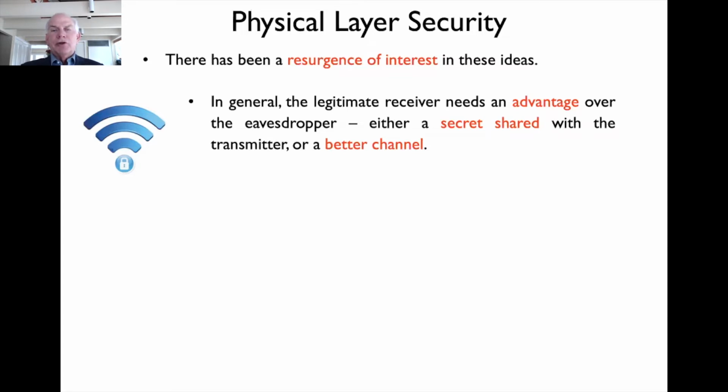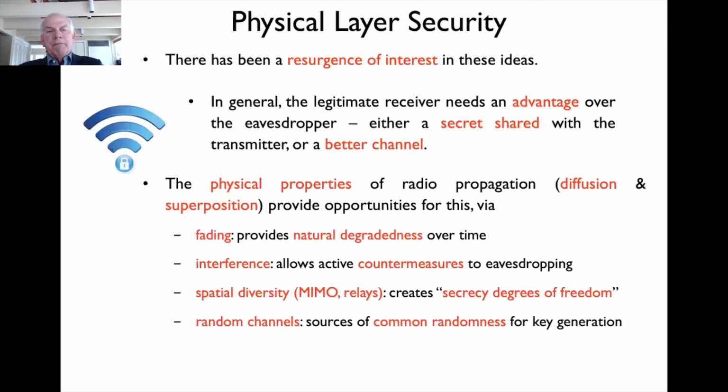Either you have to share a secret, like in Shannon's model, or you have to have a better channel, like in Wiener's model. So it seems like a pretty limited opportunity. But in fact, it's not, because the radio channel has certain physical properties, in particular diffusion and superposition, and I might add reciprocity, that provide opportunities for